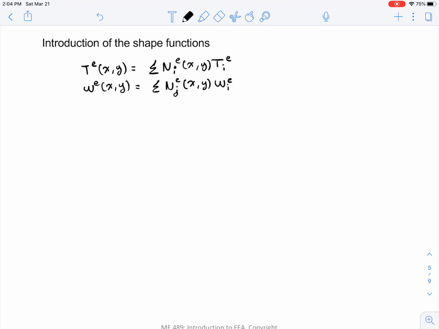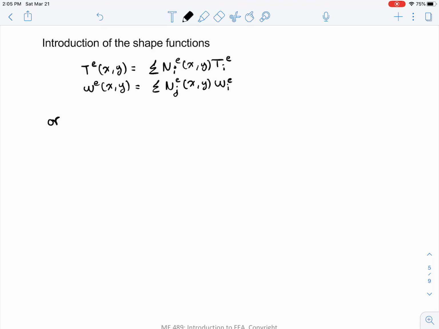So in 1D we had shape functions that were just functions of x. In the 2D case we have shape functions that are functions of x and y. And this could be a triangular element, could be a rectangular element. The only thing that would change is the actual definition of the shape functions, but this is generally true for any element. And that is in the case that you can define the shape functions in terms of x and